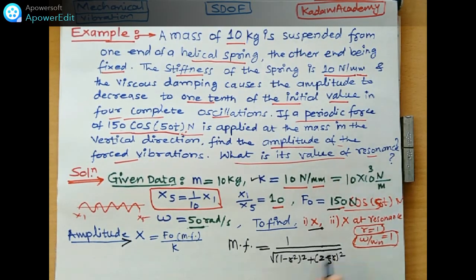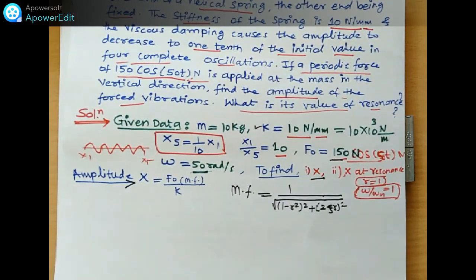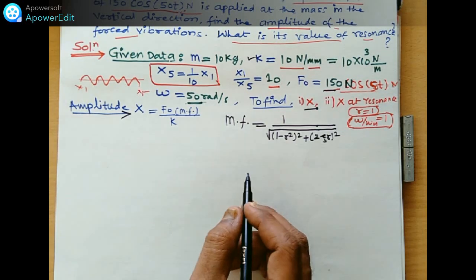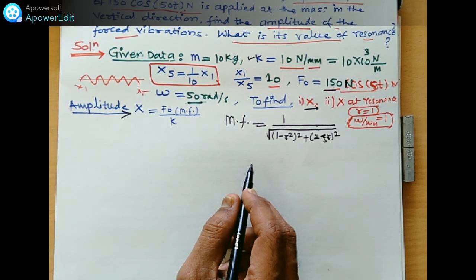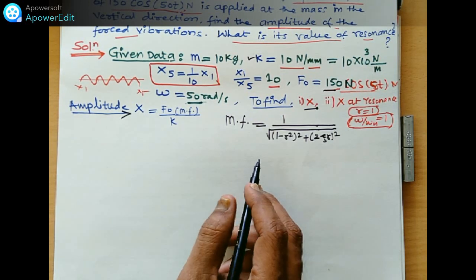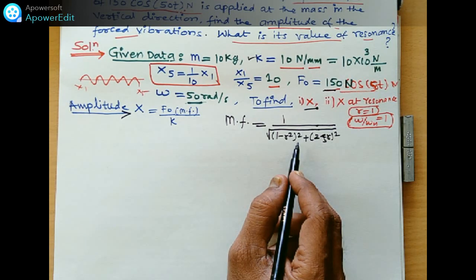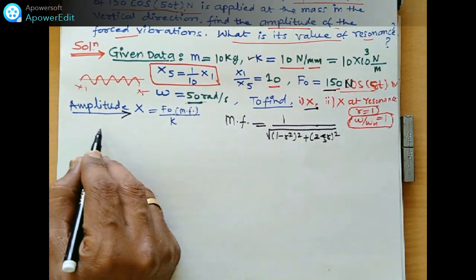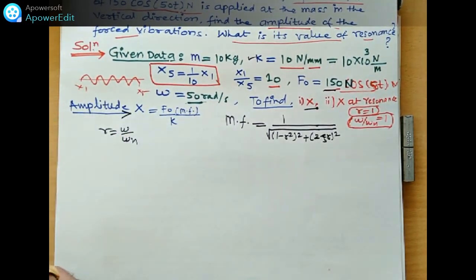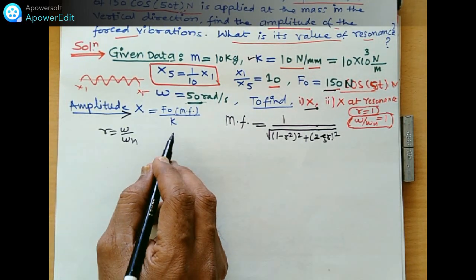I'll extend this like this. So this is the formula to find out the MF. Once we find out the value of MF, we can find out the value of x. To calculate the value of MF, what do we have to do? We have to put the values here. R we know. What is the value of R? R is nothing but omega by omega n. Omega we know, but omega n we don't know. To find out the omega n, we must know the value of K